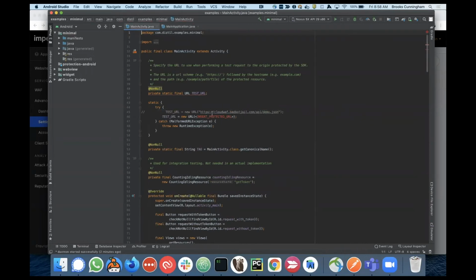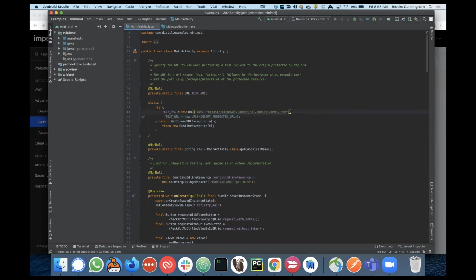Now, I also need to add something application specific because it's my custom application. So for the protected URL, this is something that I'm actually going to be interacting with. And this is commonly going to be a login endpoint, some type of registration, maybe credit card checking or gift card checking, something that's very sensitive that you want to protect against automation. In my case, I just have a very basic JSON endpoint. And I'm going to uncomment that and then comment out the other part as well.